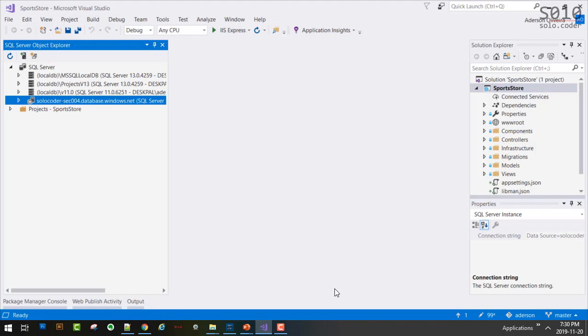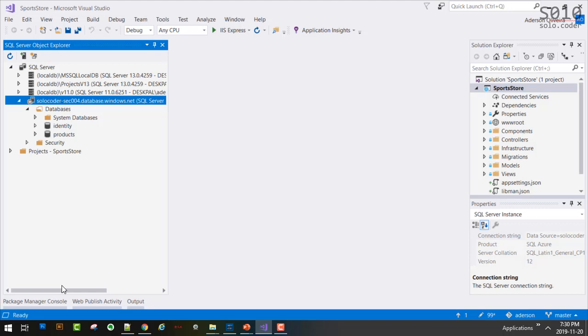Okay, great. So we have a new entry there for a new server. Now I'm going to expand. And again, remember, this is connecting to Azure, not local, so things will take a little bit of time here. So let's expand databases. So now we have identity and products. Products was the first one, identity was the second one. So we have both databases there.